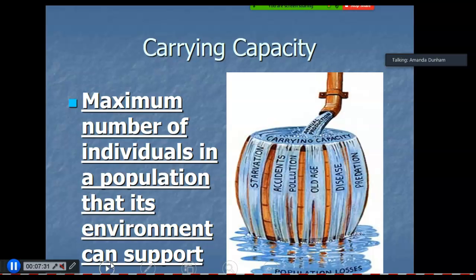Okay, and so we also talked about carrying capacity yesterday. Carrying capacity is the maximum number of individuals in a population that its environment can support. If we go above that,